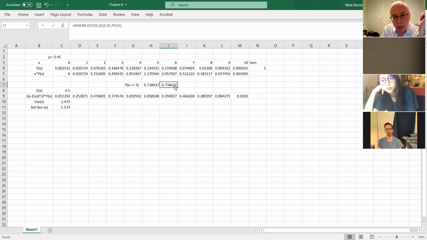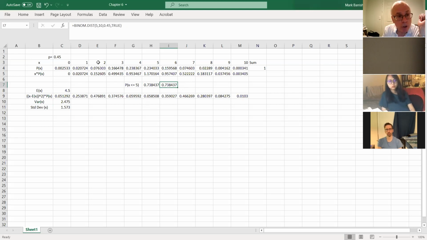Cumulative function. So if you have a TI-83 or 84 calculator, you will notice it has a list of probability distributions, and one of them says binom PDF, which is probability distribution function. The other one says binom CDF. The CDF gives you the probability that X is less than or equal to some number, which is the number of trials. So you can use either one of these. You can actually just do a sum, or you can simply use